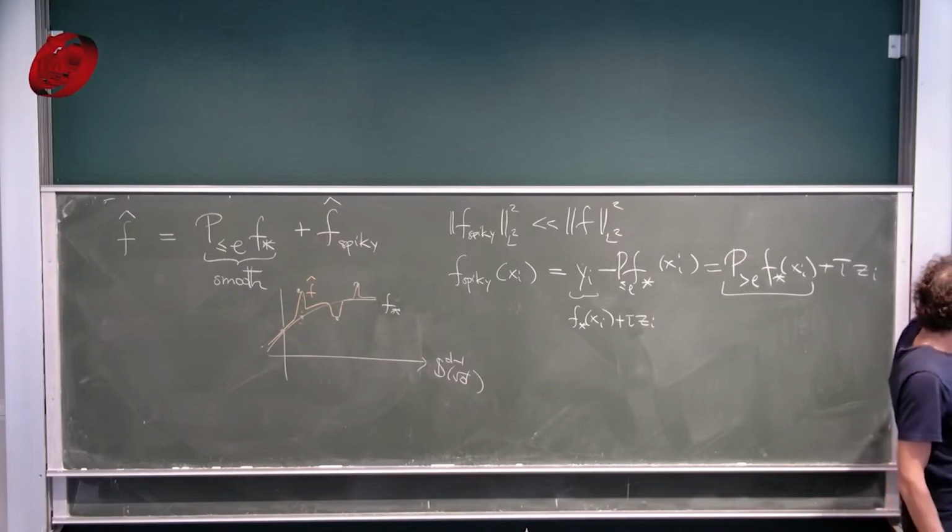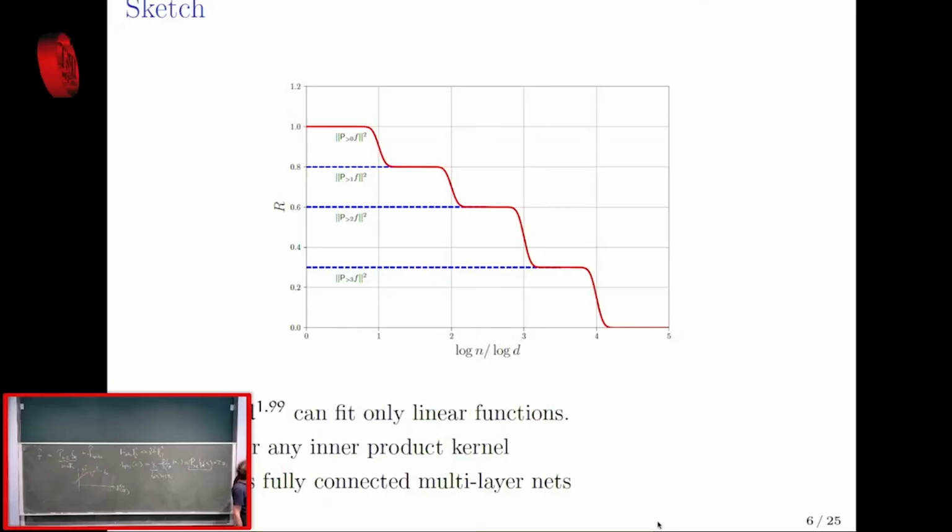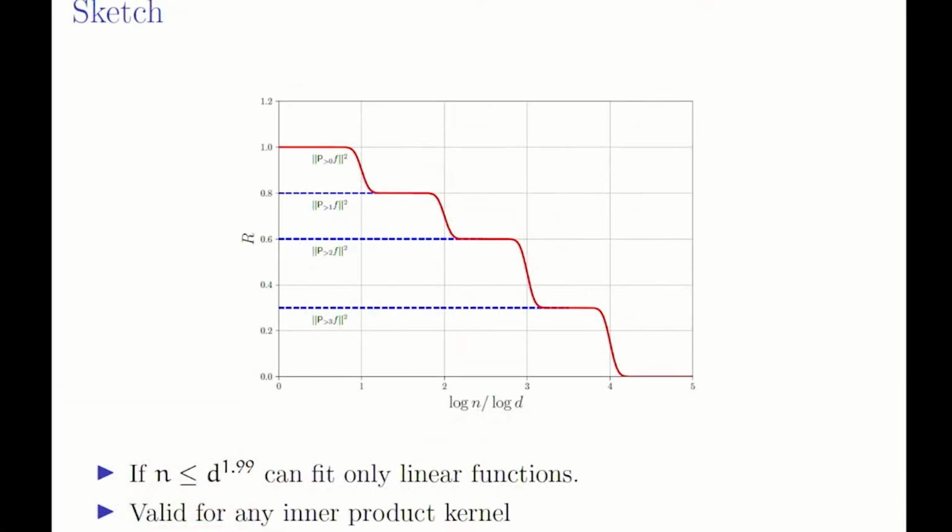These are some of the things that I mentioned, and this is the behavior of the risk that we derive from this theorem as a function of the sample size over the dimension, or log of sample size. At the integers you have stairs. Now this is a sketch, not really accurate, because the theorem doesn't tell you anything about what happens at the integer values. So here I should put some question marks instead of dots.